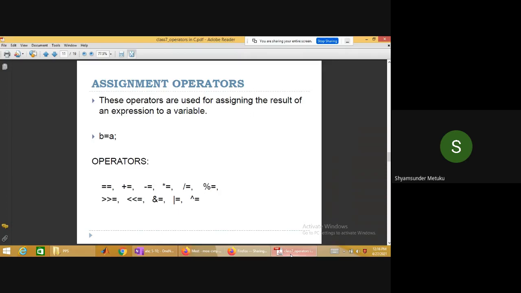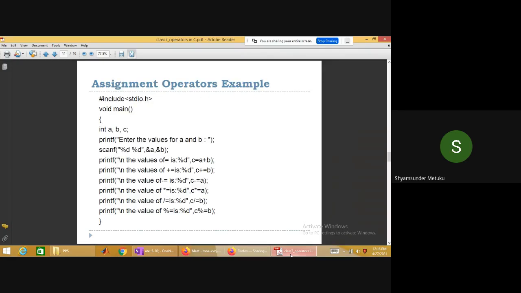I think here the program is given. Now what will be the output for the first two printfs? Is it the same or different? Yeah, tell me. Different, sir. They're different. What is the first output? Suppose A equal to 5, B equal to 10. 15, sir. C equal to the first value, which is 15. Next printf is